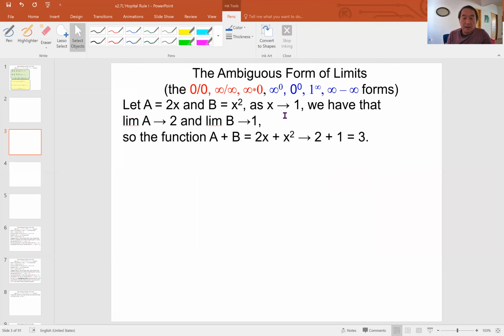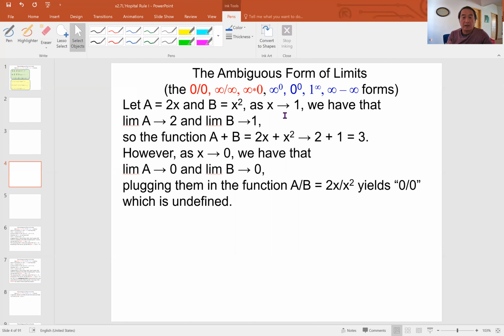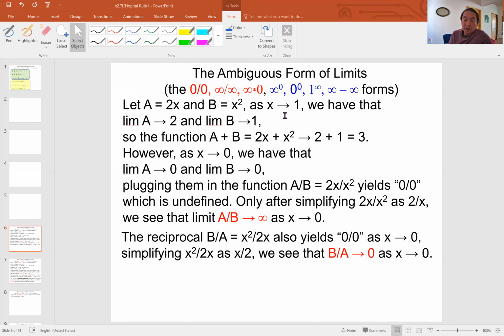And here is another PowerPoint explaining what we mean by ambiguous form. When you plug it in, you get 0 divided by 0 and 1 divided